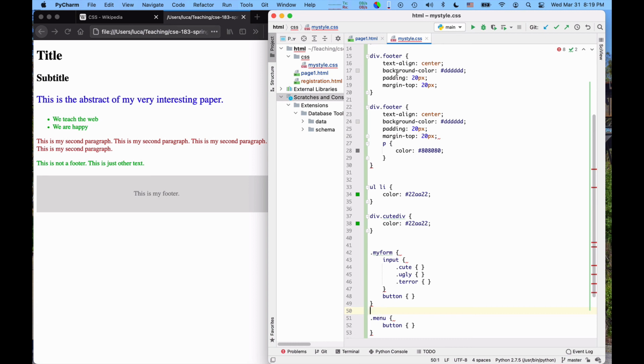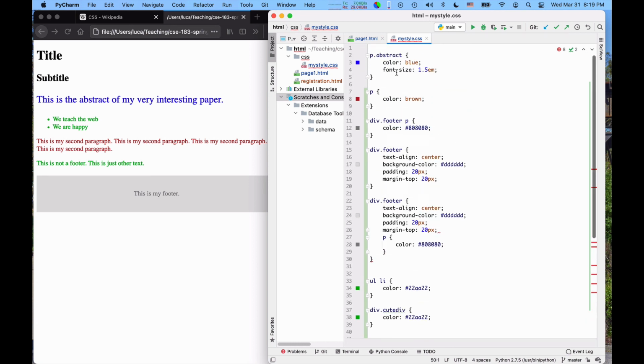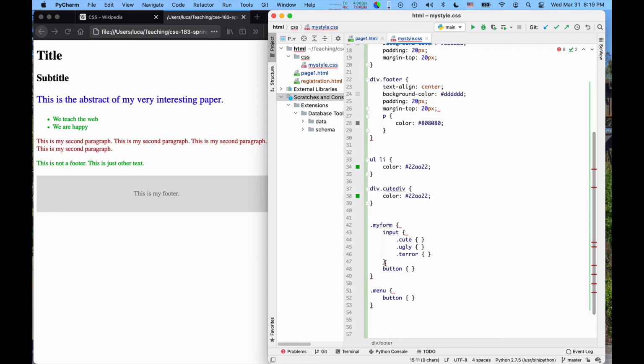So you see, CSS per se does not have any notion of nesting. I have to say the div footer that contains a p completely separate from the div footer. There is no association between these two. I would like to nest them so that my declarations for a page are much easier to read, and it is much easier to ensure also when you are writing your definitions that there is only one definition that applies to the element you want, right?